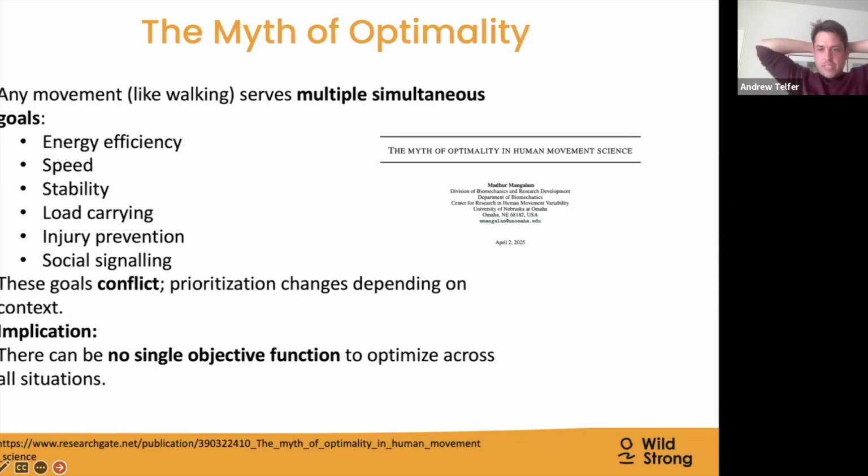And this is good timing because as I was thinking about this, a paper, and let me just close this. So I'm going to show this again. Okay. A paper just came out this month, actually. It's called The Myth of Optimality. And it's a really long paper, but it's available for free.